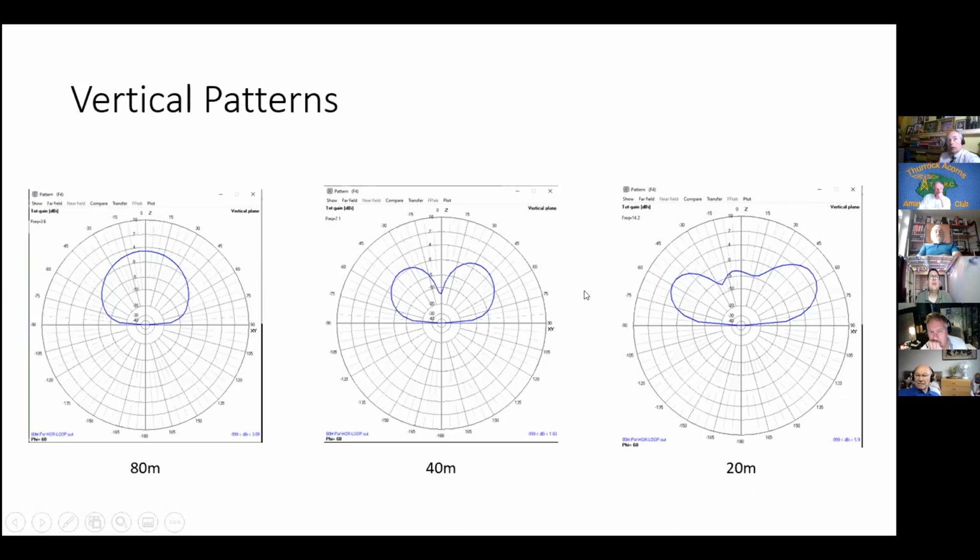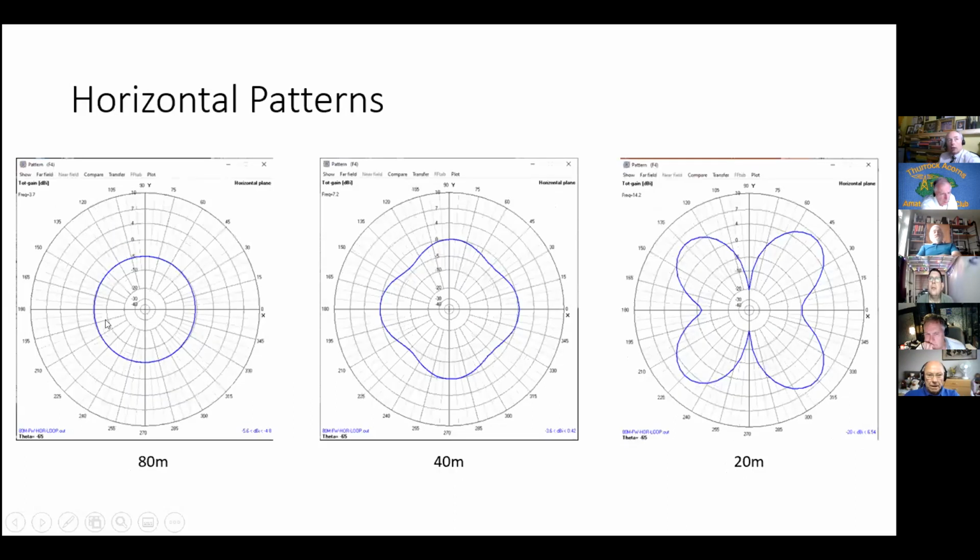So what you tend to find, because of not quite fitting a full set of standing waves in, it's rather than 3, it's actually 3 and a little bit standing waves, is you get a distorted pattern. And you see the same thing in the horizontal plane, perfect on 3.65, not quite right at 7.1,